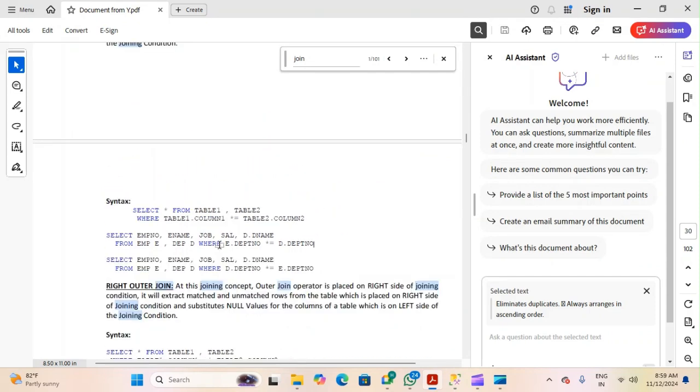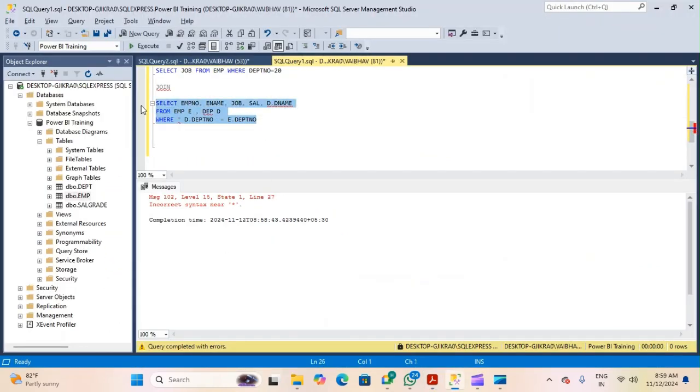Non-ANSI and ANSI queries. So whatever you are seeing here, this is non-ANSI. Okay, so now I will use the ANSI syntax. First, it is the same as this, but the only thing is you need to use an inner join. For example, you need to write an inner join in between, emp table and department table D, dept D,